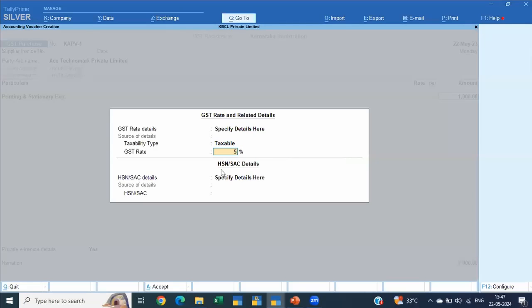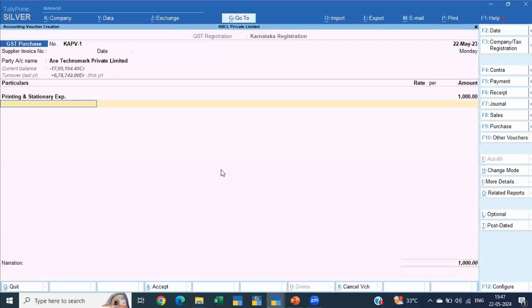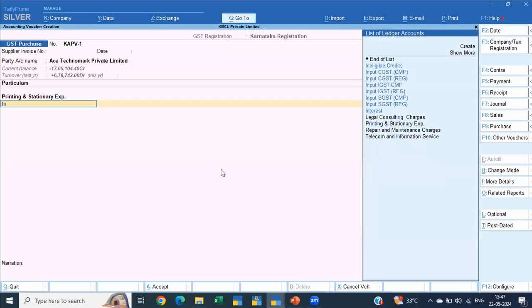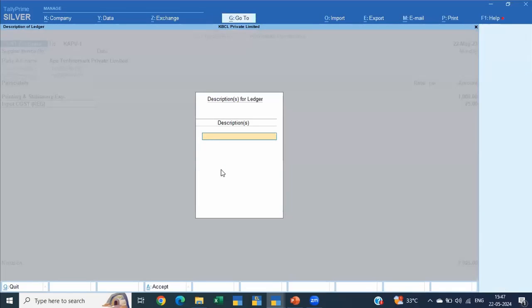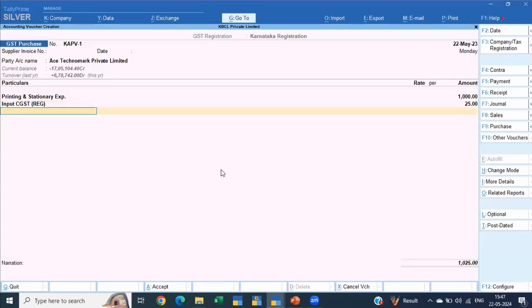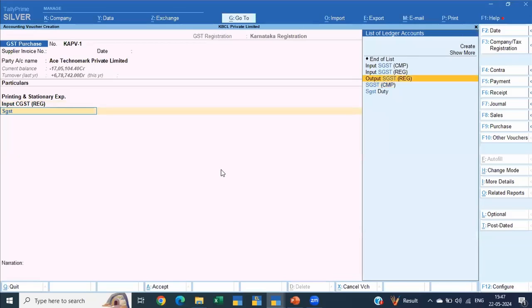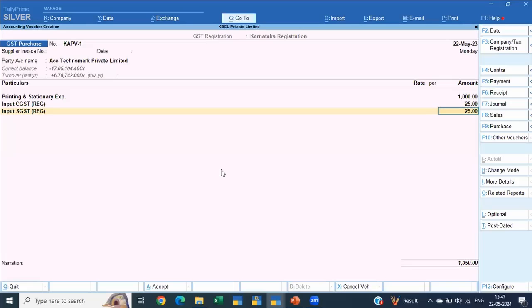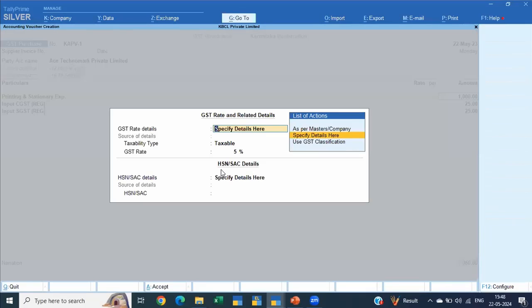I want to specify, say, 5% in this case, and for the HSN information, whenever it's purchased, please pick up the information from the invoice and write it until you have reason to believe that it is wrong. In those cases, you might have to contact your supplier, because the invoice is the final document, and that has to compulsorily match with the data. If you just see again, this would match automatically. So in each case, you specify the information here.